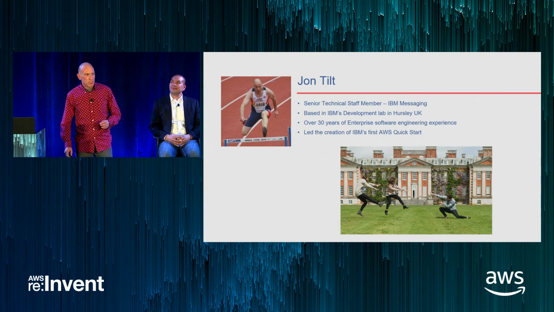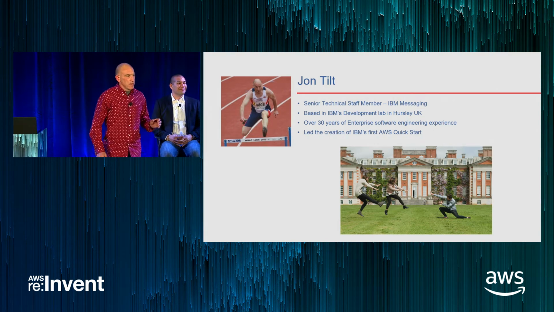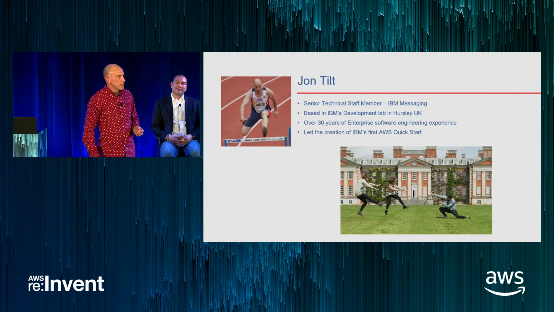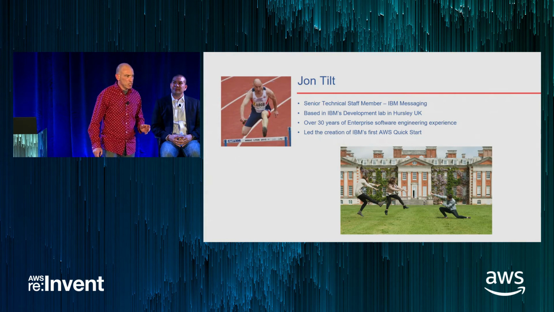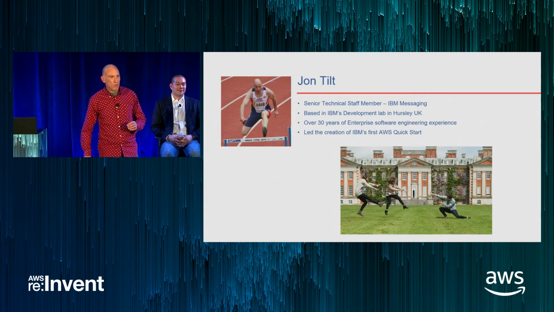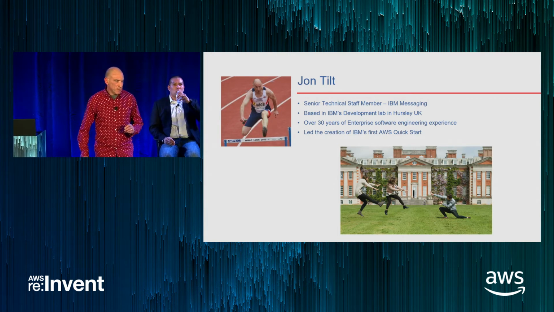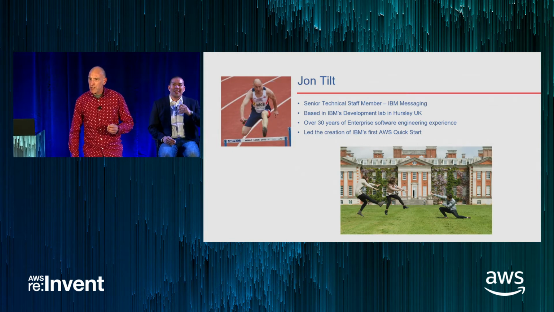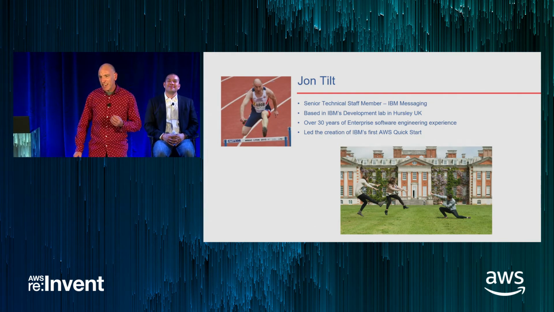So I'm John Tilt, Senior Technical Staff Member, whatever that might mean, in Hursley. IBM's lab, biggest lab in Europe, we've got about 2,000 engineers based in this lovely country mansion. Dates back to the days of Richard Cromwell. Anybody know who Richard Cromwell was? You probably know his brother. It was a guy called Oliver Cromwell, who was a really radical man and changed the way that people thought about politics in the UK. So we have a history of change.